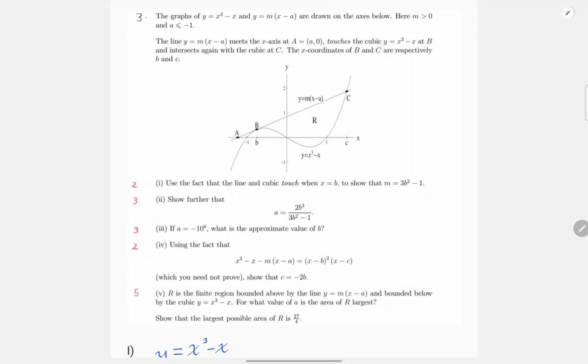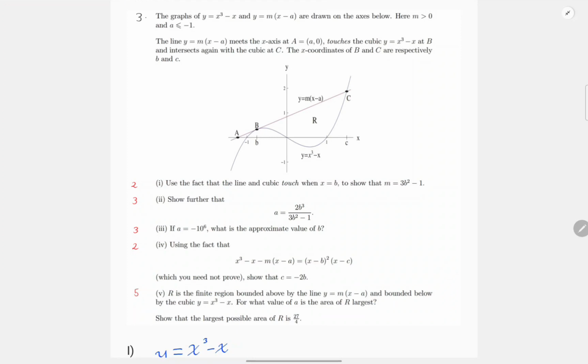Today we'll be working on question 3 from the 2011 MAT. The MAT is used by Oxford, Imperial and Warwick for maths, computer science and joint degrees if you're going for Oxford. Let's get started. The graphs of y equals x cubed minus x and y equals m of x minus